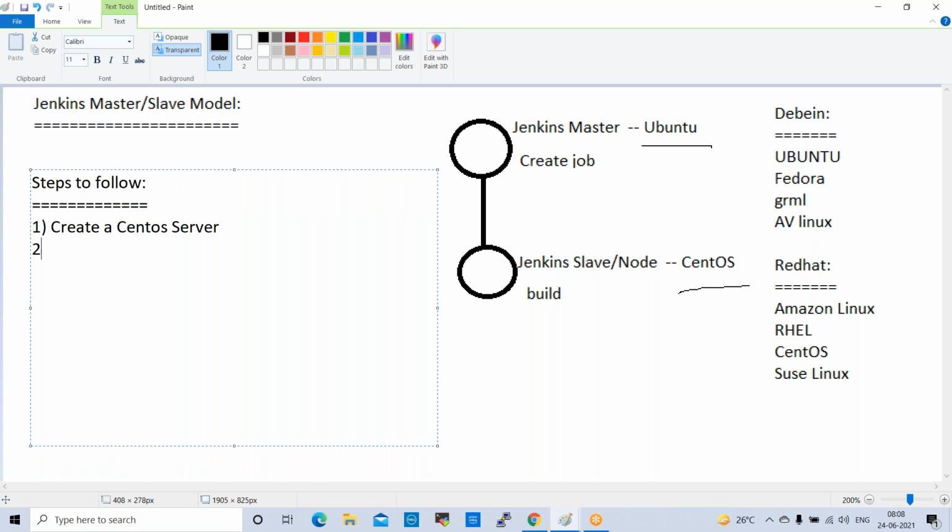Second step is create a user in the slave server. Third step is modify the SSHD config file.